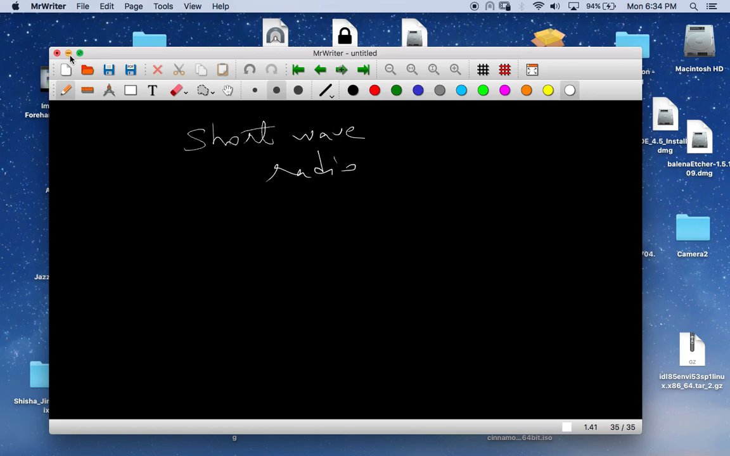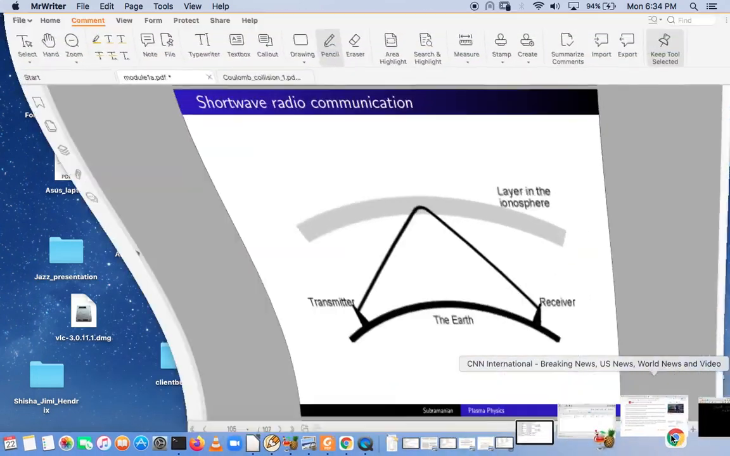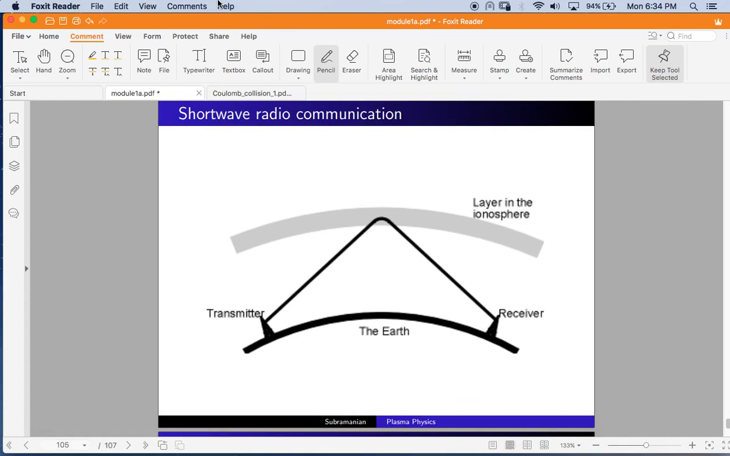Now, what has it got to do with this cartoon? What this is, you've got a shortwave transmitter and a receiver situated far apart on the Earth, so far apart that the curvature is apparent. And this would be a layer in the ionosphere. These are EM waves traveling through the atmosphere, and here the plasma frequency